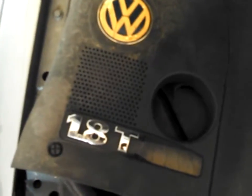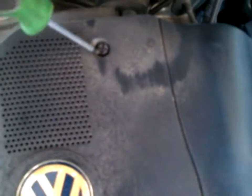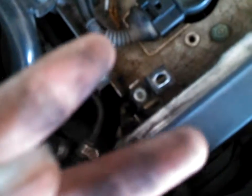So to get this top cover off, you got 3 little plastic fasteners. They almost look like screws, but they're not. What you'll end up doing, you take your screwdriver and twist them. They're a cam lock style, and they fit into this tab here, so my camera won't focus there, but it's oblong, so there's two fingers that come off of these little plastic tabs,